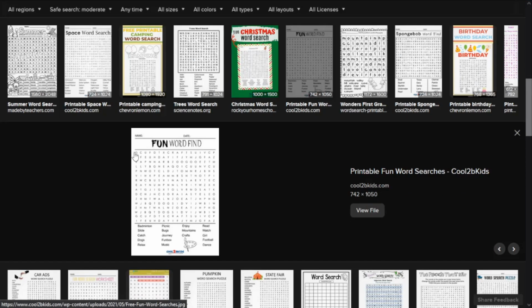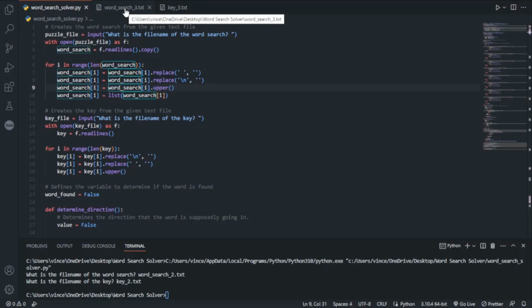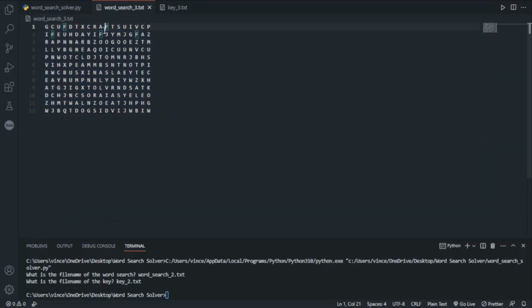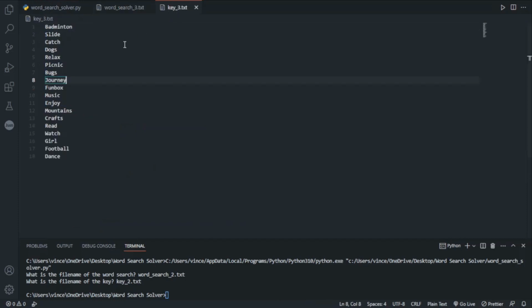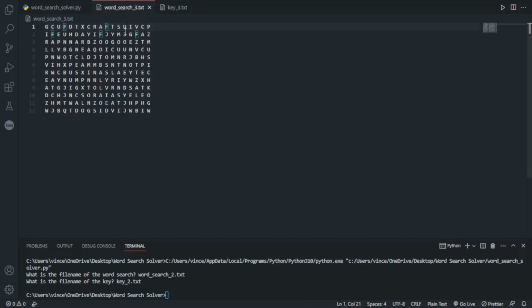Okay guys, here we have a good general word search. I'm gonna go plug the word search and the key into 2 text files, and then I'll be back with you guys when I've done that. Okay guys, I've managed to convert both the word search and the key into 2 text files, and this one,